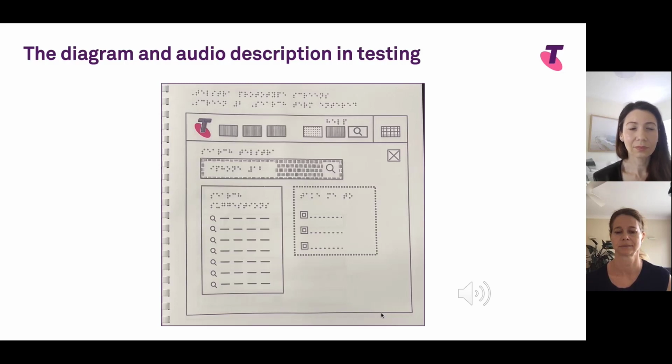In the top left-hand corner of the screen, there's a Telstra logo indicated by a raised T. This is the home link. Directly to the right are a group of 3 rectangular menu buttons. These take you to Telstra Personal types of content. The second button takes you to Telstra Business type of content, and then the last one takes you to Enterprise